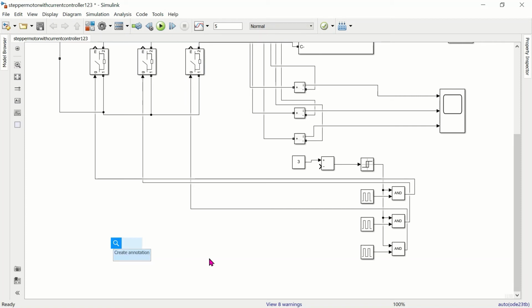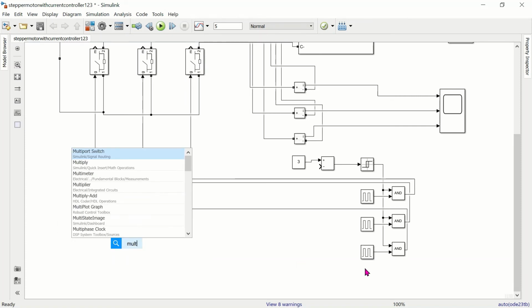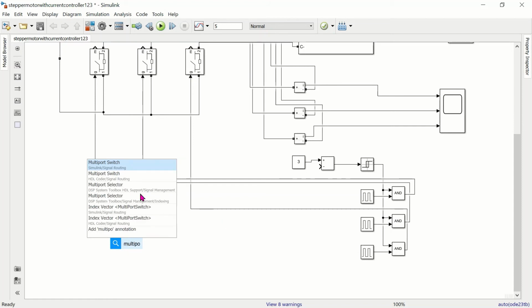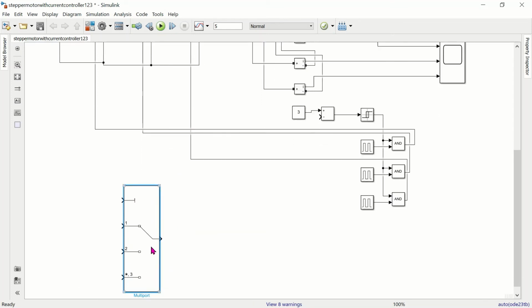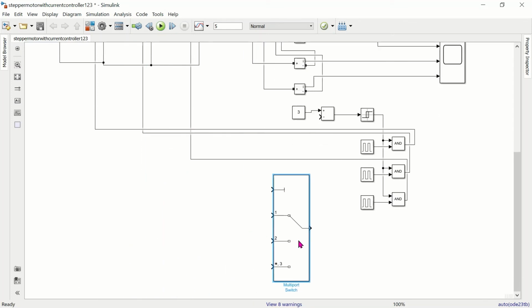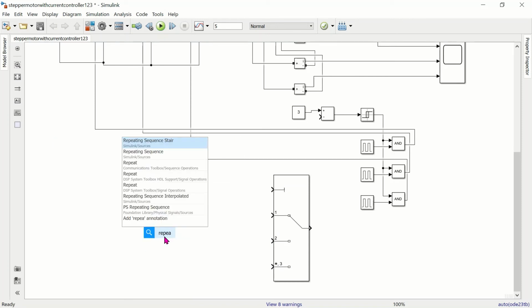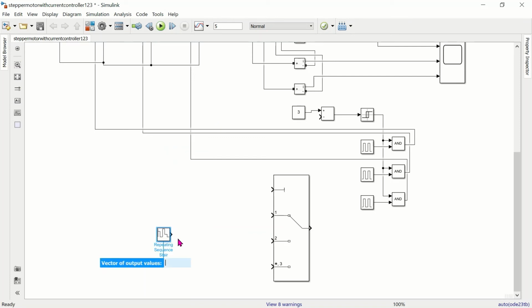Now we have to select the input: multi-port switch, repeating sequence stair.